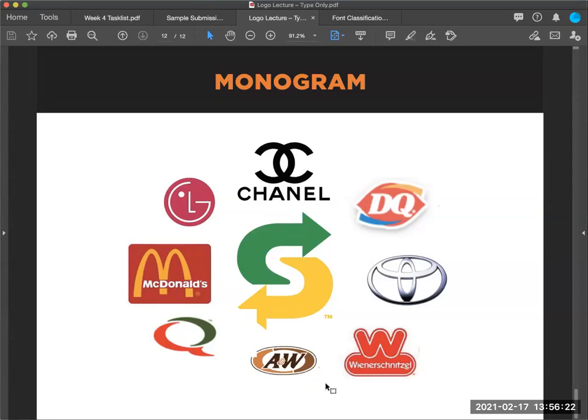The typesetting of this is, there's nothing that's been altered or modified to it, but it's interesting to look at the Q for Quiznos and then the A for A&W and how similar they are in a lot of ways. Besides the color, there's some similarities between them that people might think that they're related, or they might confuse the two brands with each other if they aren't more conscious of the subtleties of the design.